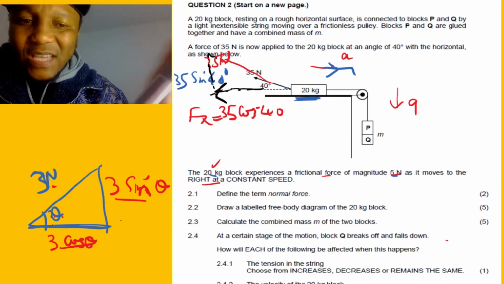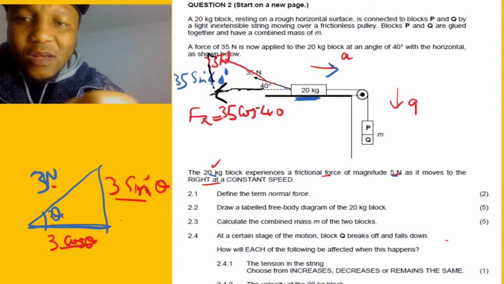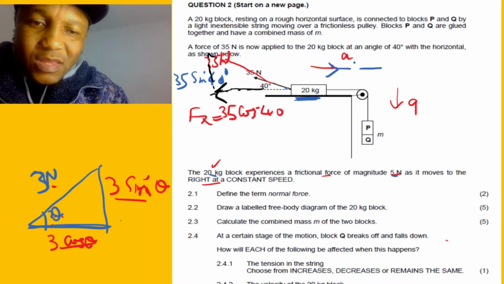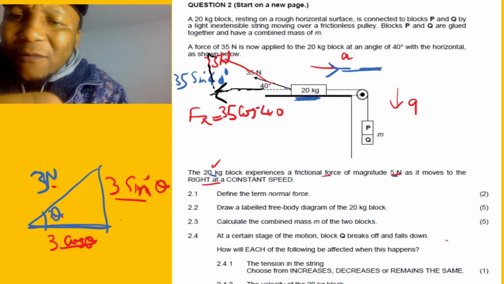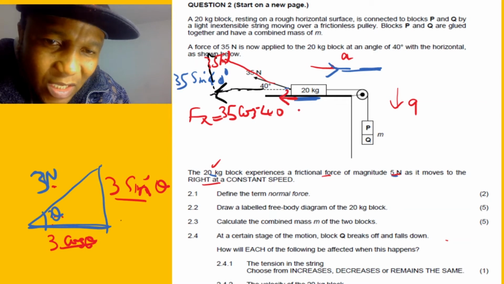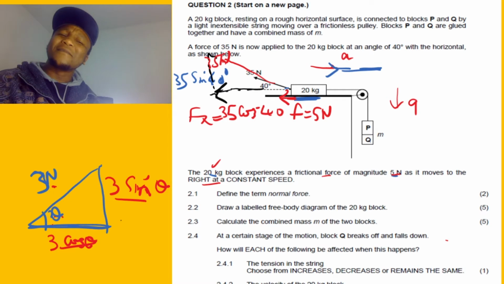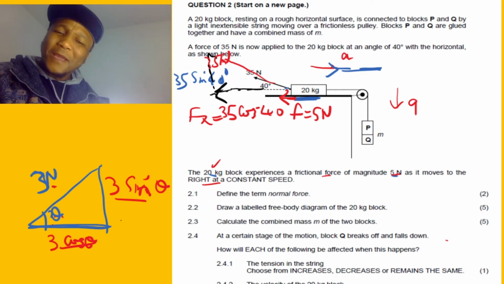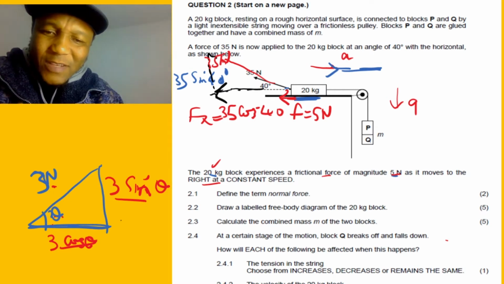So we're going to say this is how it accelerates. But we have our friction force here. Our friction force on the surface is opposing, so our friction force is equal to 5 Newton. You see? And then what do they want? So the first question, let's say,